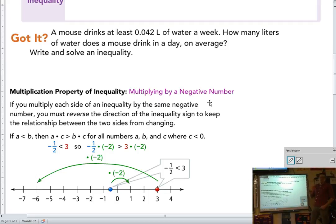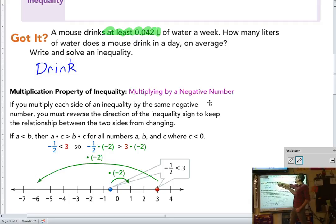So again, we have drinks, right? We know drinks, or drink at least, is 0.042. Now, this seems like a really small number, but what's the label on this number? Liters. So they could have made it easier if they used milliliters, but if we want to talk about